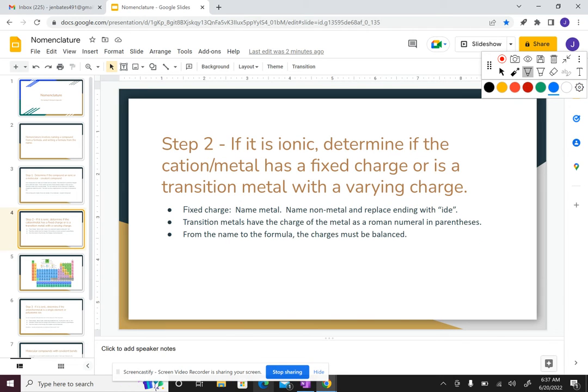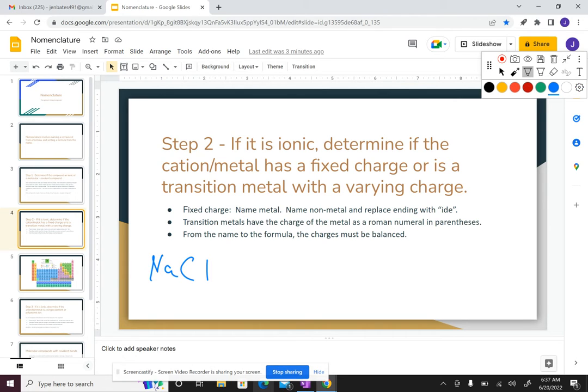Okay, so once you determine that it has a fixed charge and it is a single element anion, it's not a polyatomic anion. We'll do those later, but for now we're just going to do examples with cations that have fixed charges and anions that have a single element. All right, so